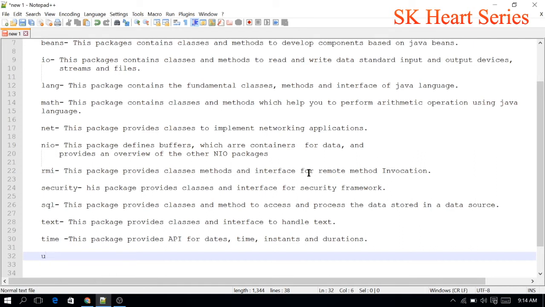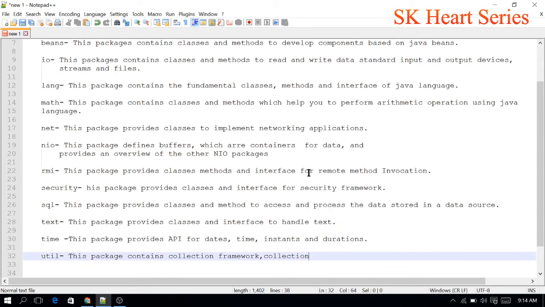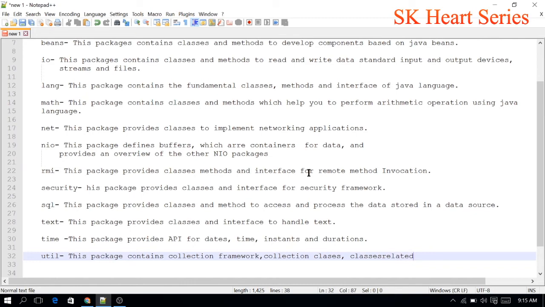After that, the last package is util. This package contains the collections framework, classes related to date and time, the event model, internationalization, and miscellaneous utility classes.